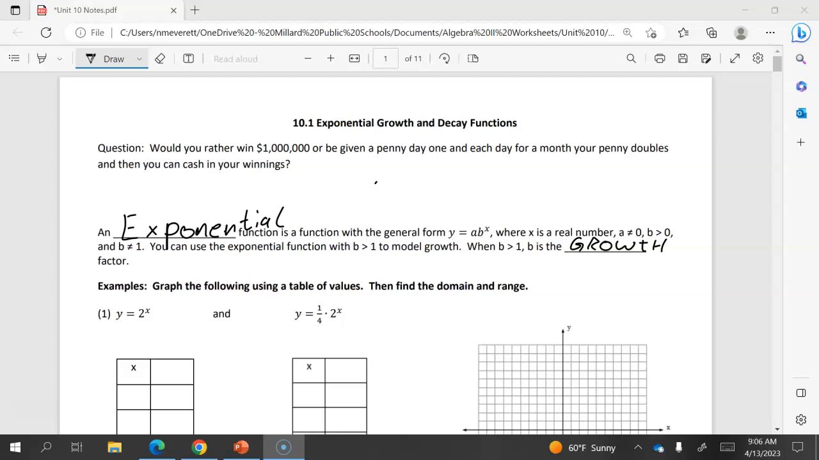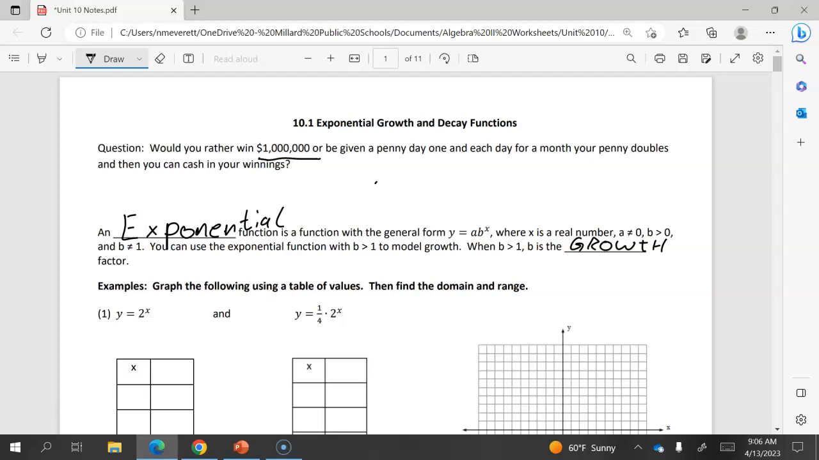Now, a question that is generally asked is, would you rather win $1 million or be given a penny day one, and each day for a month your penny doubles and then you cash in your winnings? All right, so that is a common exponential growth question, because a penny doubling every single day for about 30 days will actually get you more than $1,000,